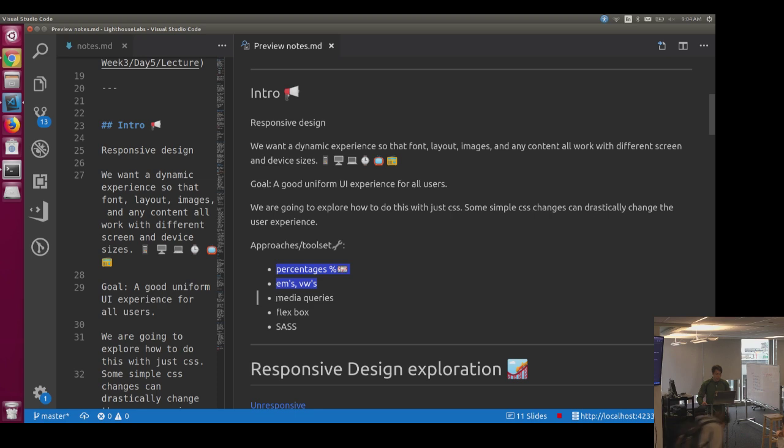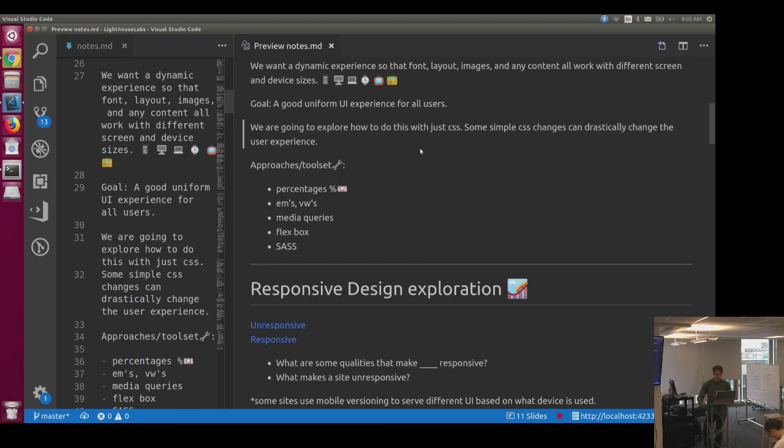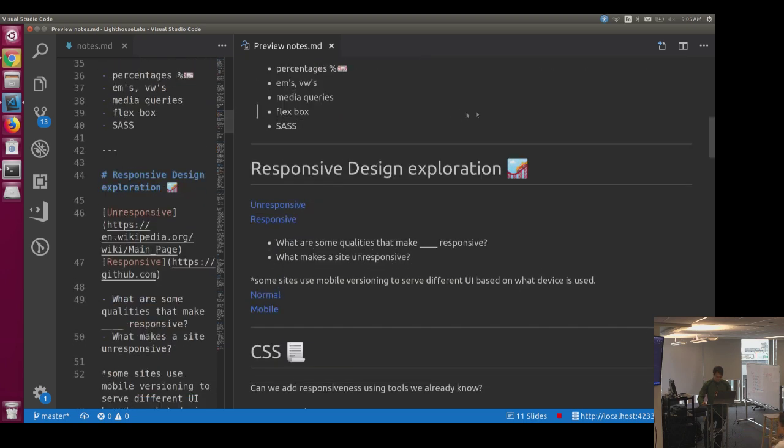And then we're going to look at some things that are probably new, like media queries, Flexbox, and finally we're going to end on Sass. Sass being a tool to help us write CSS faster and maybe cleaner, but not necessarily specifically for responsive design. We'll just look at it as a new thing in addition to responsive design. So to start off with, let's